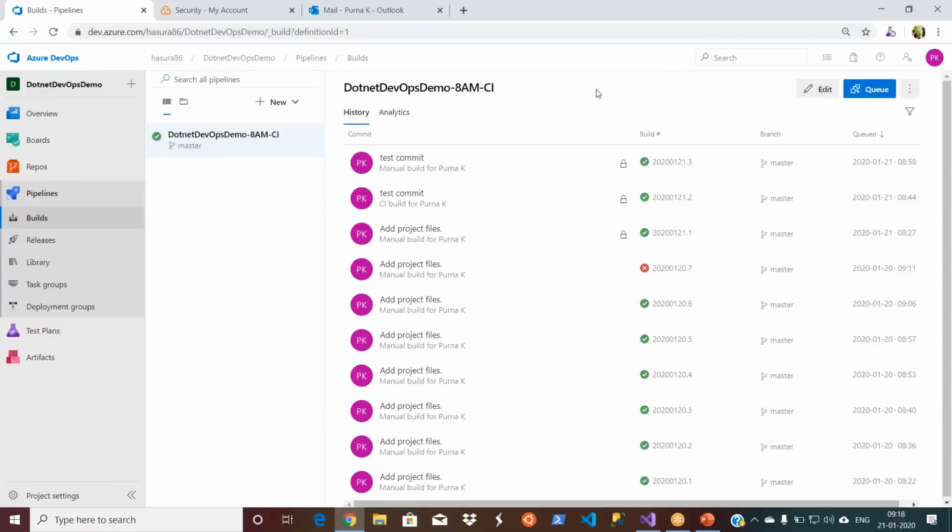So now we know the code qualities, and we know how to run it locally. We know the branching policies. We know the pull requests. And we know how to give the permissions for the different users or groups. And we know the CI, how to enable our batch builds, I mean, at scheduled intervals. And then till now we talked about only the code, but